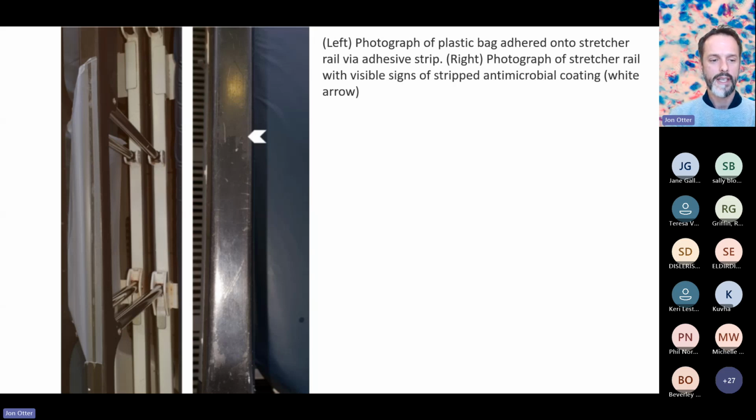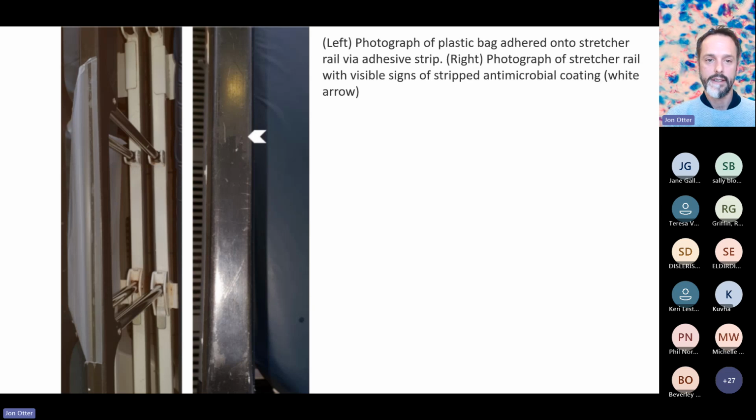It's slightly difficult to see, but you can see on the left-hand side of that picture, there's a bed rail with a label stuck onto it, and the right-hand rail is what happened when the label came off. We're coming up to Christmas, and you might be doing a Christmas quiz where you have one of those pictures that are really close up and you have to look at really hard to see what it's representing. That picture is a bit like this. We're looking top down on the bed rails here.